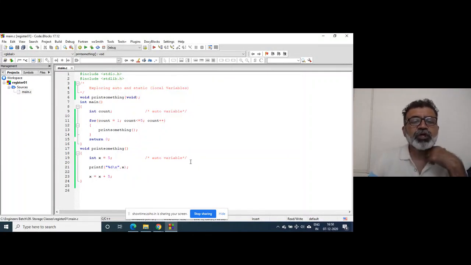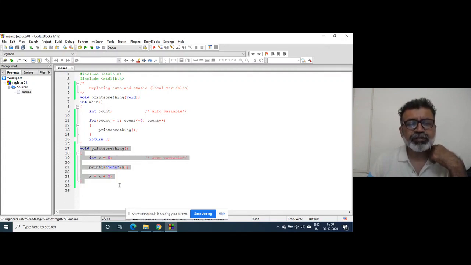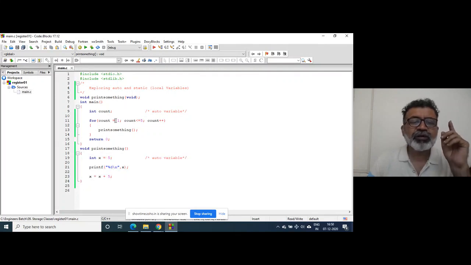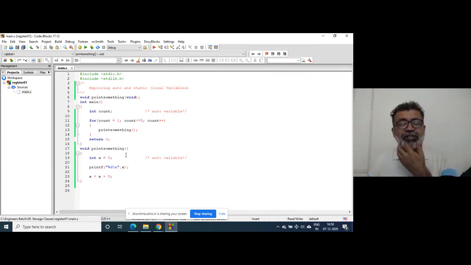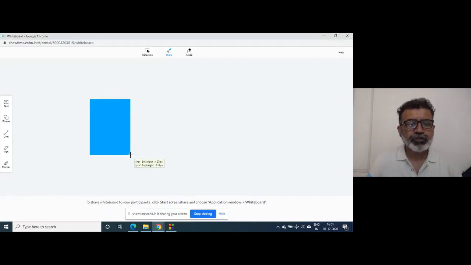This happens because each time the control goes inside this function, okay? When count is 1, this function will be called. Control goes inside this function, right? First time when count is 1, this function will be called. The control goes to this function. Now, when control goes to this function, as I explained yesterday, this is your main function, right?